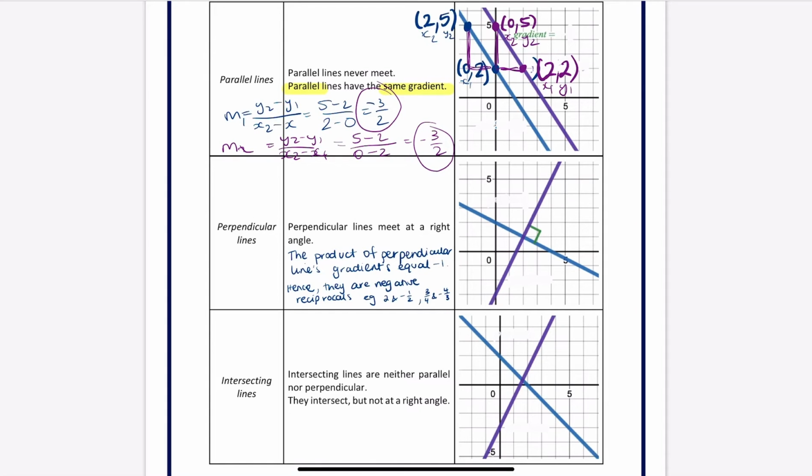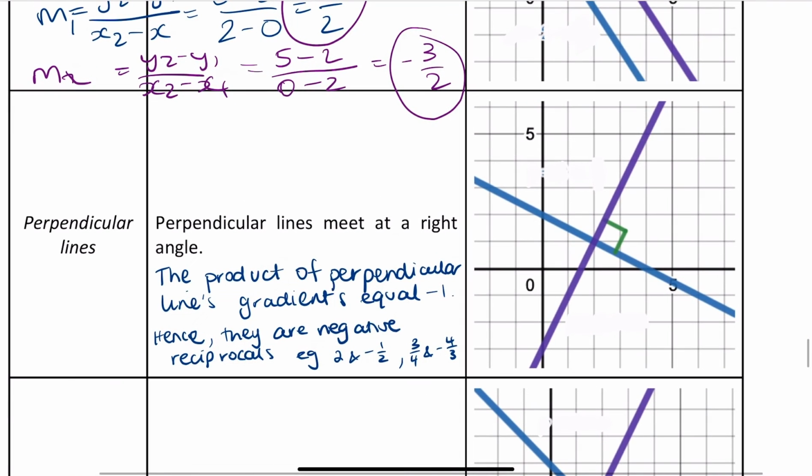Cool. Now let's have a look at perpendicular lines. Perpendicular lines intersect at right angles. So the product of the perpendicular lines' gradients equals negative 1, or you could think of it as their gradients are negative reciprocals of each other. And what that means is,